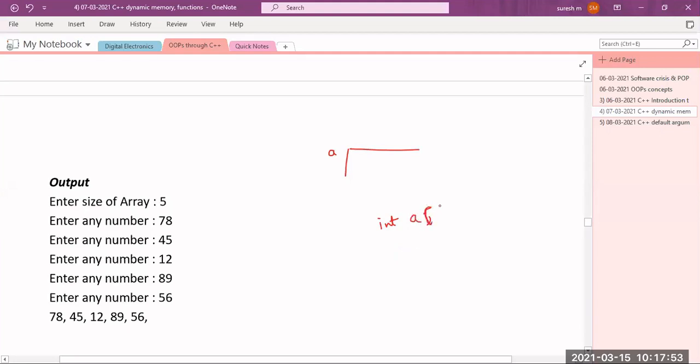Now if you want to allocate the memory, like int *ptr = new int[...], first I don't specify. Then after that again I want to allocate the memory, int *ptr = new int[5]. If you want to reallocate to 10, then int *ptr = new int[10]. Okay, clear?